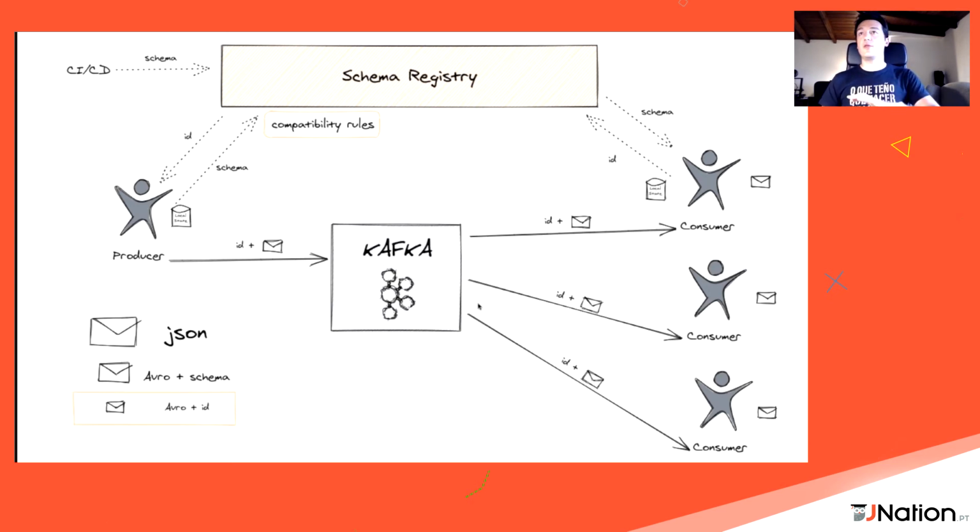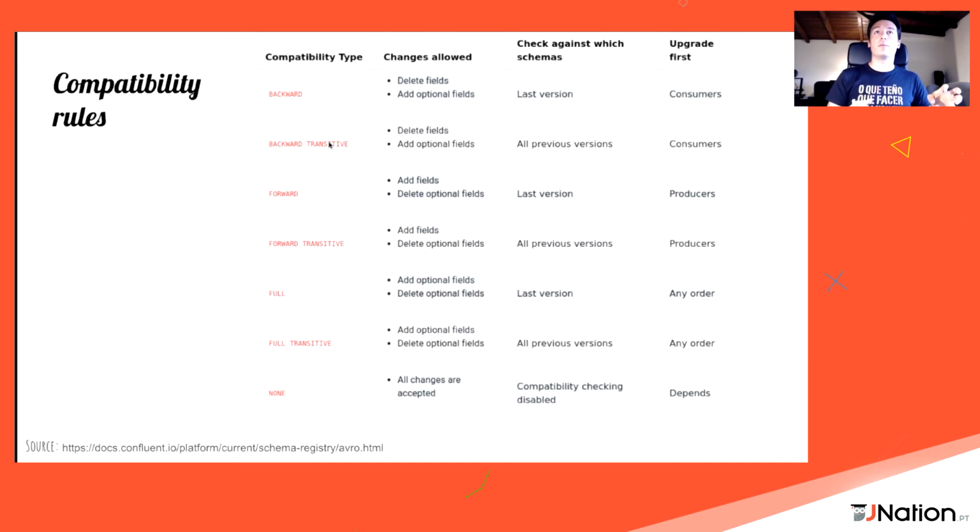But this is exactly the same thing. You can see we have our producers sending to Kafka and registering the schema in the schema registry, and the consumers reading from it. Okay, there are different compatibility rules you can use, like a backward compatibility rule, so you are only going to allow deleting fields or adding optional fields. You can have a forward compatibility rule, so you can only add fields and delete optional fields. You may even want to have full compatibility rules, so they only can add or delete optional fields, or you may have any, so you allow all the changes.